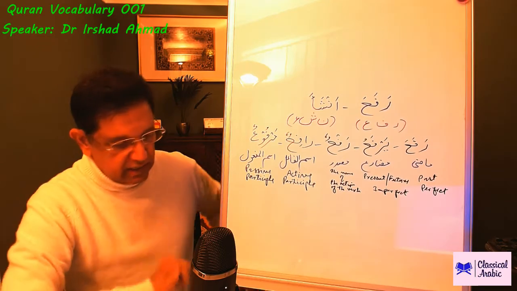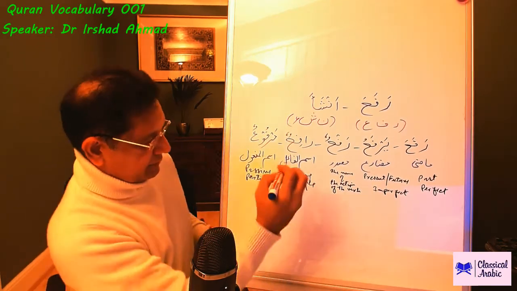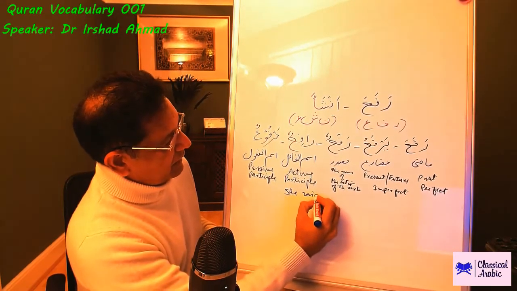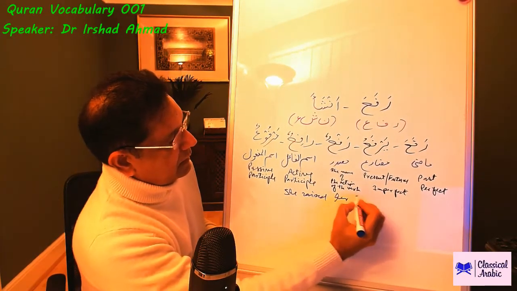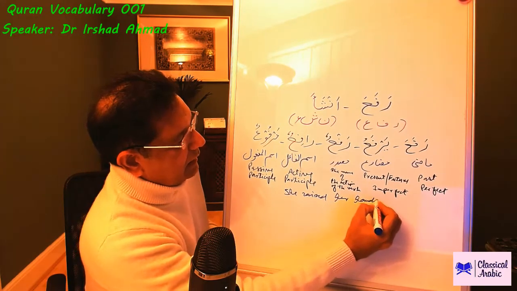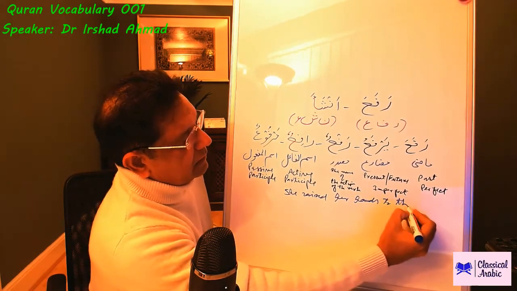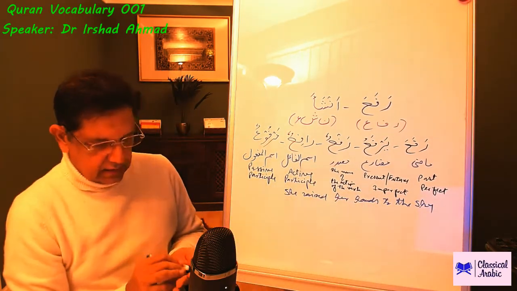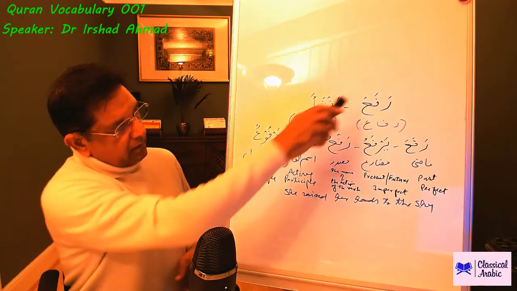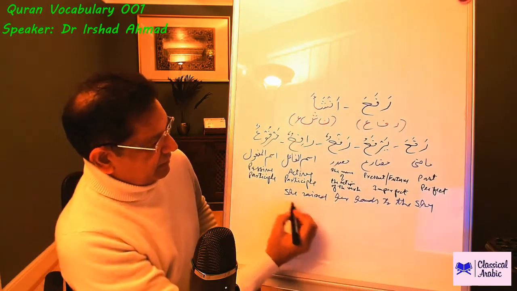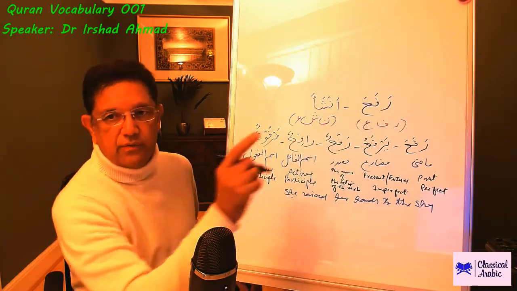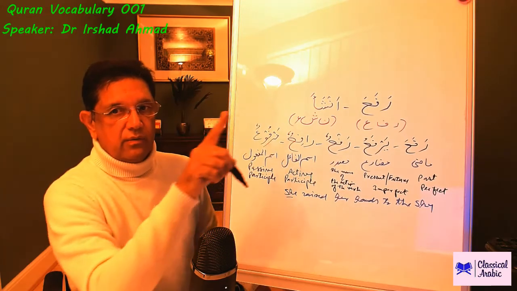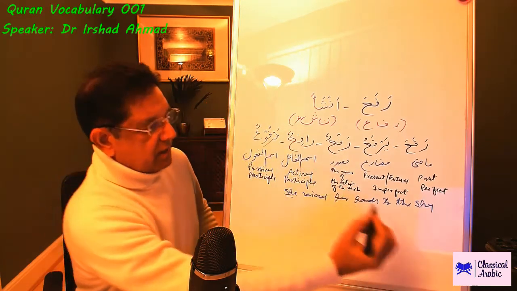She raised her hands to the sky. We can translate that as Rafa'a, but because we have used she here, we'll have to use the feminine form of this verb. Rafa'a, Yarfa'u, Rafa'at, which is feminine. So we'll say Rafa'at